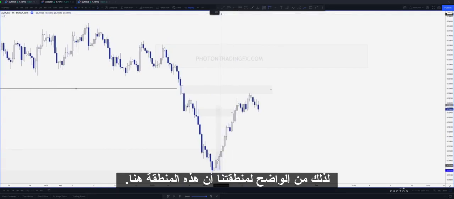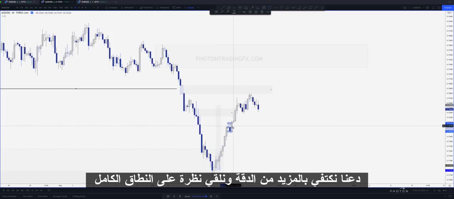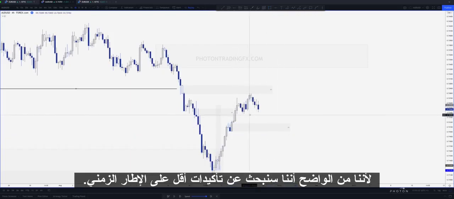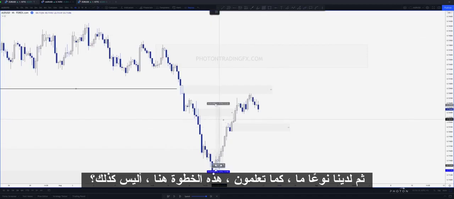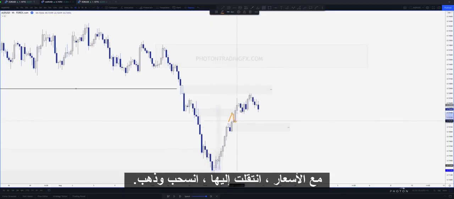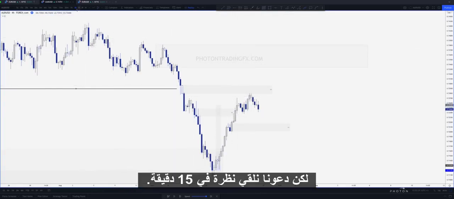So clear 4-hour zone would be this area here. All right, let's just be a bit more unrefined and look at the whole range, because we would obviously look for lower time frame confirmations as we get into here. And then we also kind of have this move here, right, where price has moved into it, pulled back and gone. It's not super clear on the 4-hour chart, so I probably wouldn't draw that on, but let's have a look in the